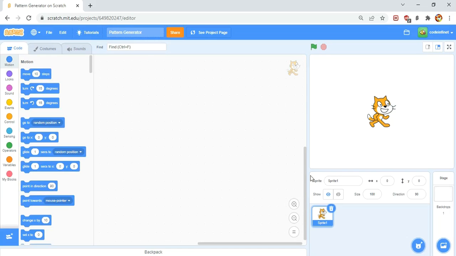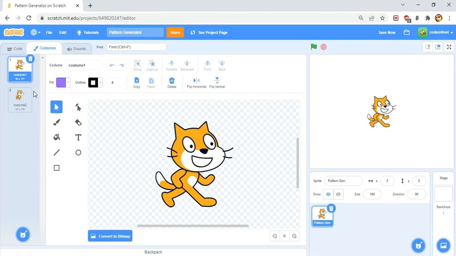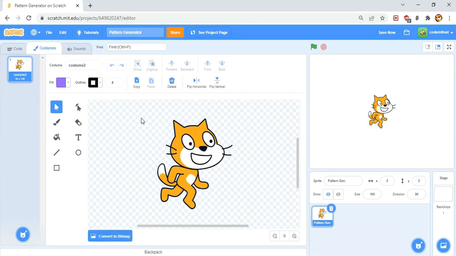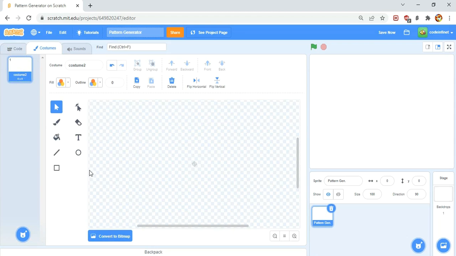Here we are, and the first thing we're going to do is rename the sprite "pattern gen" with a dot, sort of a pattern generator. And if you haven't, maybe name the project whatever you want. Let's go into the costumes, and first delete this one. Select this costume by holding and dragging, delete it, and instead we're going to click on this paintbrush,